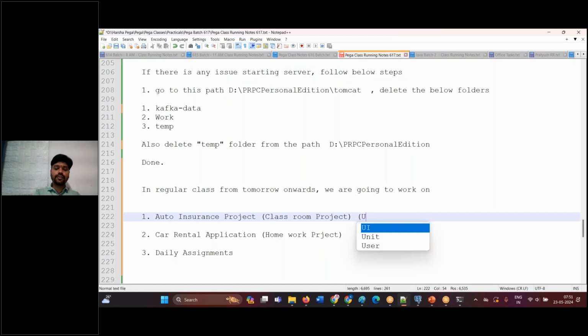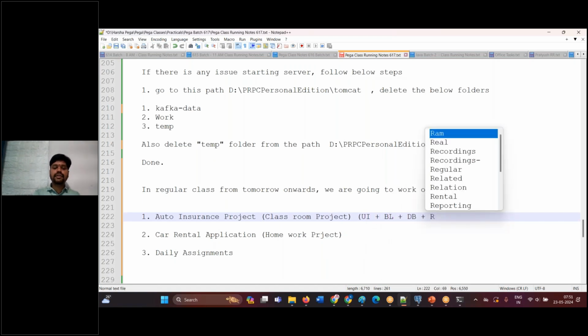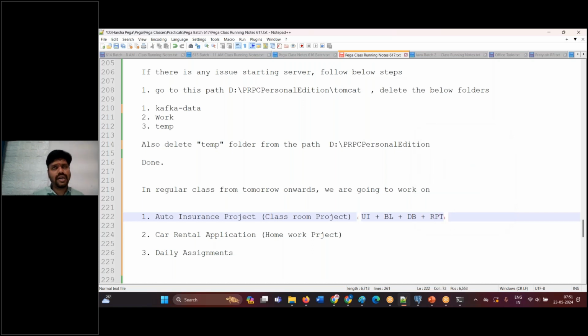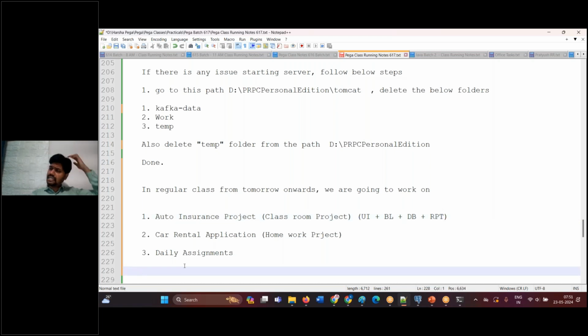Okay, so we are going to work on all the things as I told you. We'll be working on UI, business logic, database, reporting, everything. Job scheduler, integrations, everything. There will be three parts to the development here. As I told you, I'll tell you about AI as well as Constellation. No need to worry about it. And that will be one additional week. One thing here is,